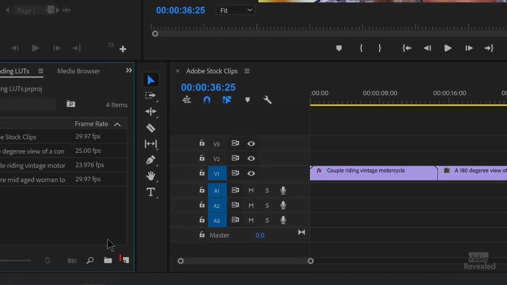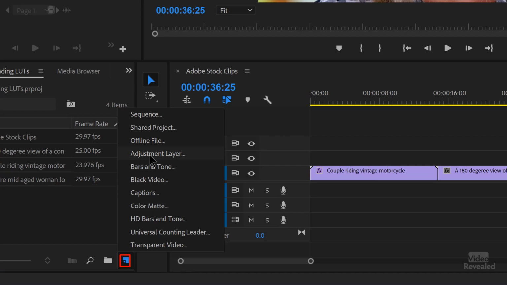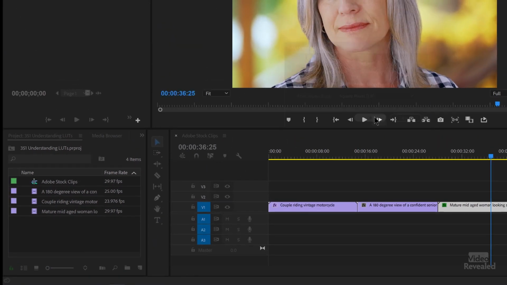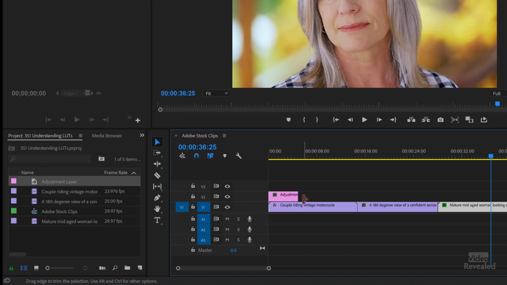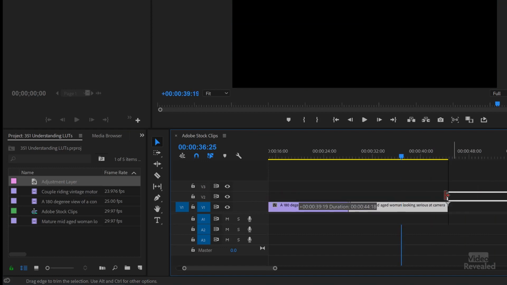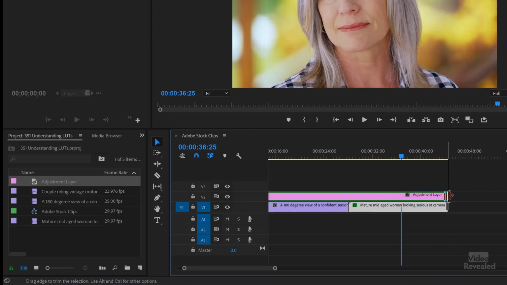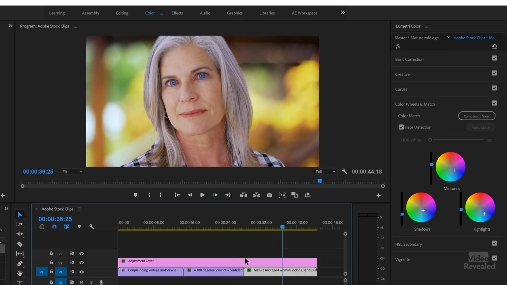It's always a good idea that if the clips are meant to have the same kind of final look or LUT or style, then they should be fairly balanced, fairly neutral before you start adding a LUT. And for that, I'm going to apply the LUT to an adjustment layer. I'll make some room in my project panel and create an adjustment layer. I'll drag that on, open that up. And I'll select that first before I go to my